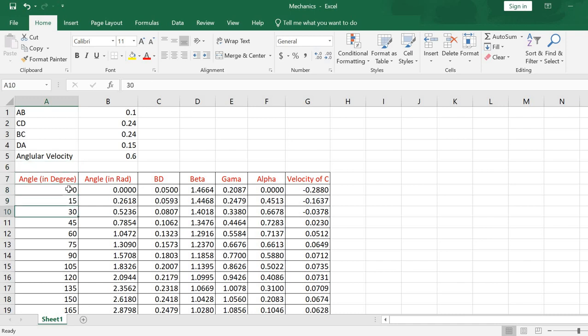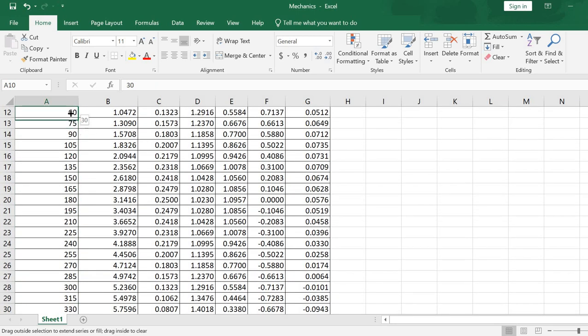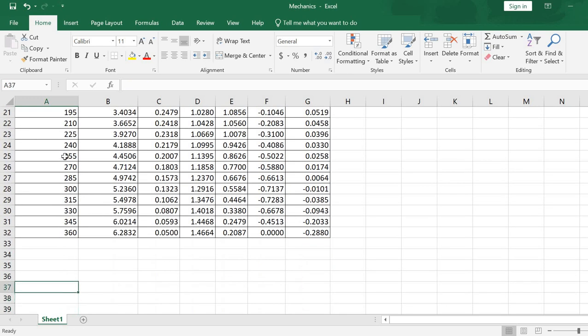Here I have used something interesting, because I also feel a little bit lazy to mark these points. So I have just used this equation to add 15 to the previous box. After that, I have just copied this equation for the other values. So if you do it like that, you can directly take these values. That's the main thing, that's the first thing you need to know.